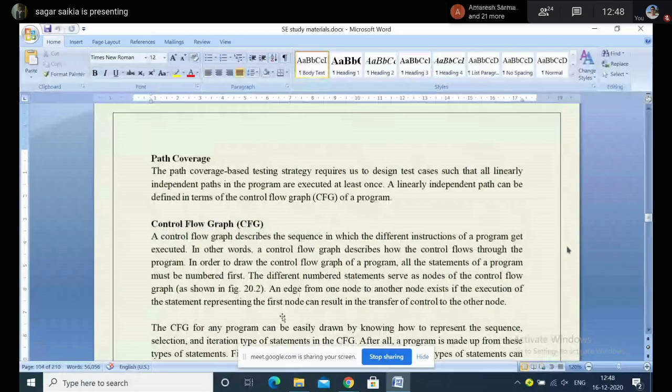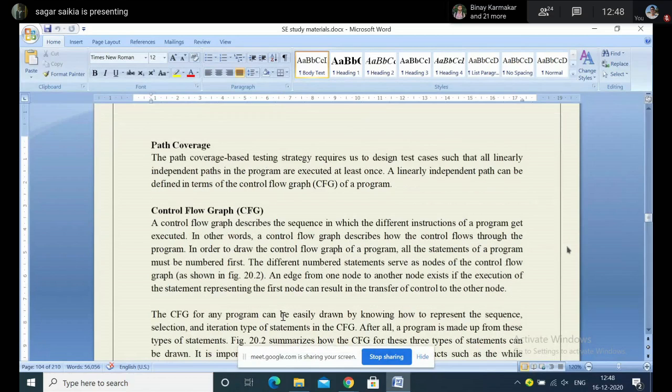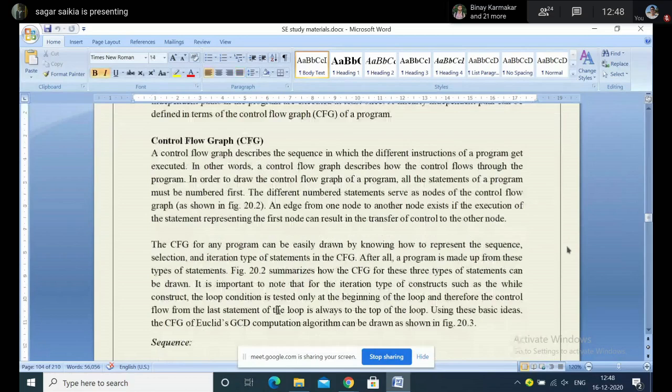The testing strategy requires us to make the test cases, and we need to show the flow of the program using a control flow graph. Then, control flow graph, this is again a graphical sequence. You must already know from data structures that it shows the sequence of instructions being carried out, like in ascending order this statement is executed. So in the graphical form we are showing how the flow of the program goes,